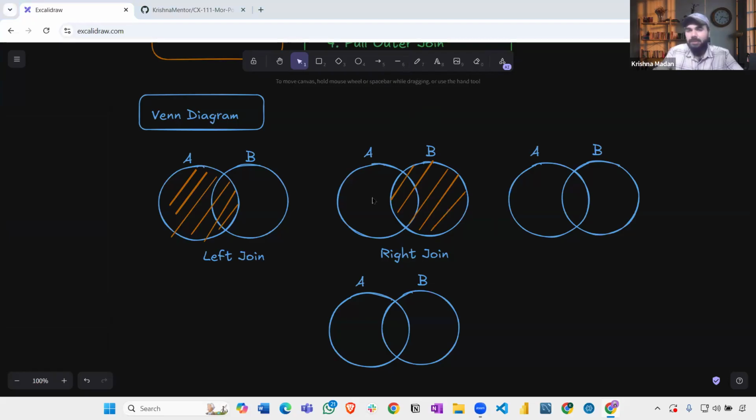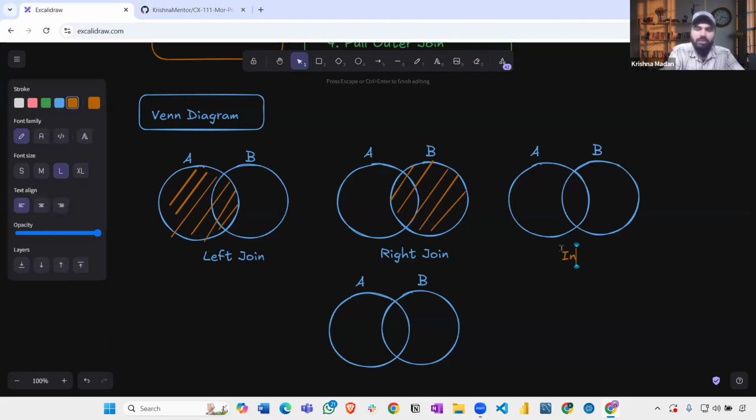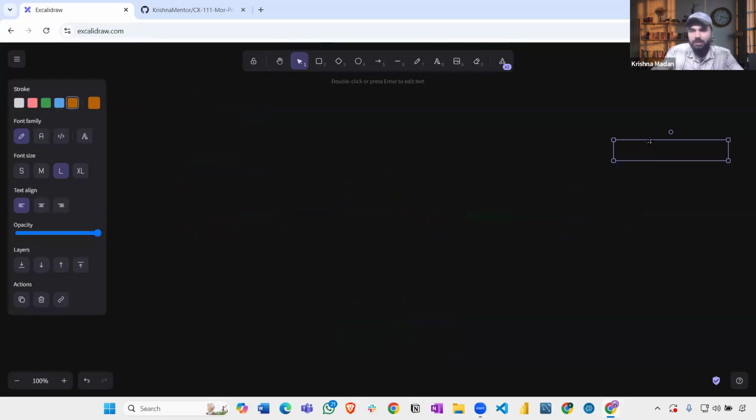After this, we have something called inner join. What do you mean by inner join? Inner join itself is a simple term. In terms of this, we write A intersection B. A intersection B. If you understand the Venn diagram, you understand where the